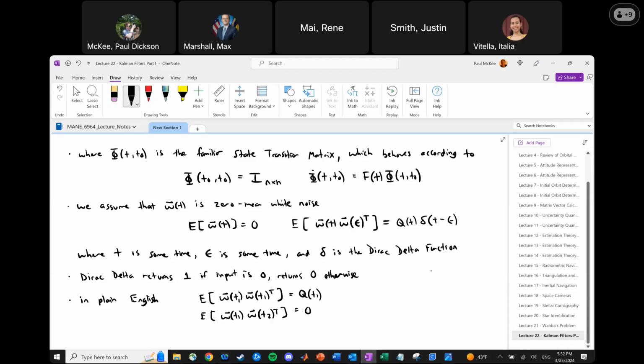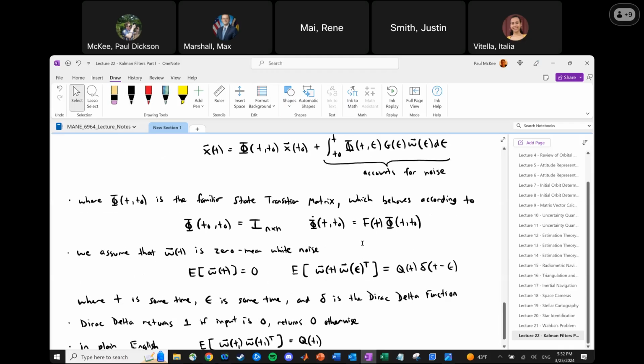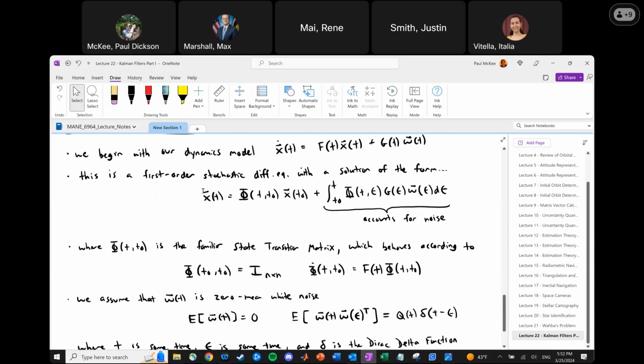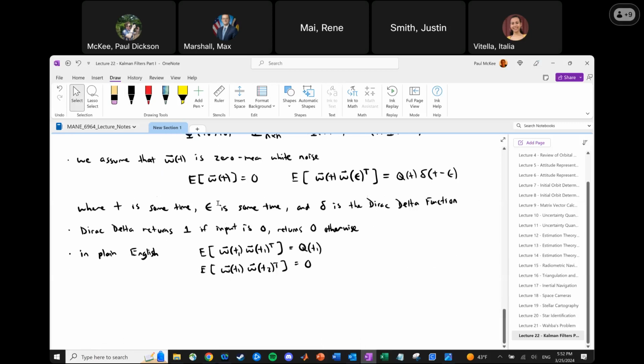Okay. Therefore, now that we know all this, we can take the expected value of our equation. So we know we're going to have a solution of the form this. So what do we expect the solution to be? So let's do that. The expected value of x of t is, and we're going to use the notation